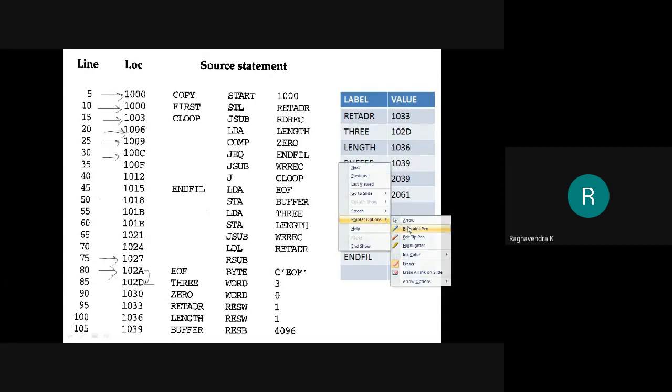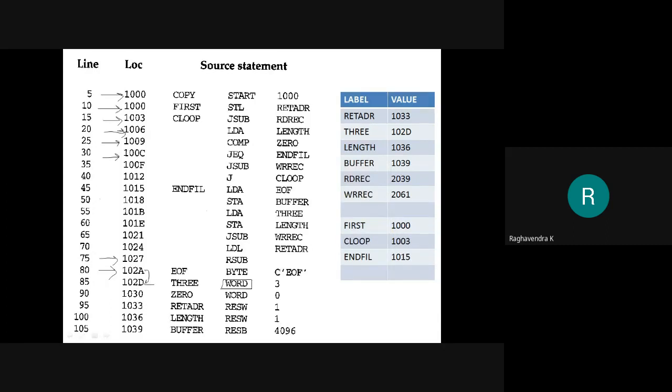What is the next assembler directive? WORD. Okay. So WORD means how much? 1 word. So how much are we supposed to increment? By only 1 word, which is 3 bytes. So 102D plus 3 is how much? Okay. So DEF 0. Correct. So 1030 is where the next address is going to be. Now once again, at 1030 we have got an assembler directive WORD. So 1 word has to be reserved and initialized, right? So we will increment by 3. So 1030 plus 3 is 1033. So the return address is present at 1033.